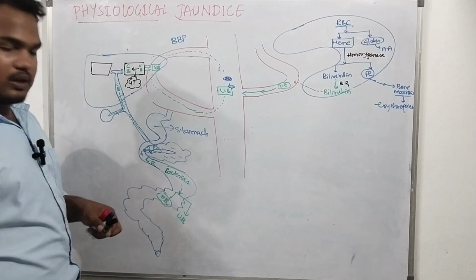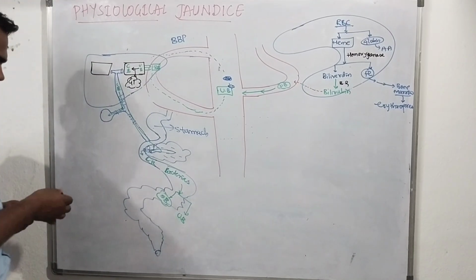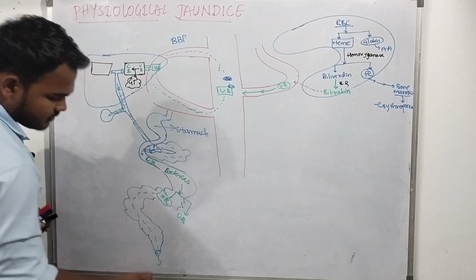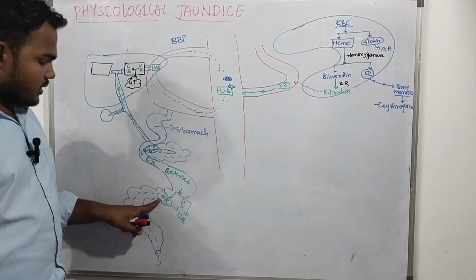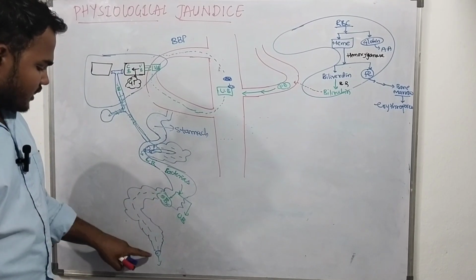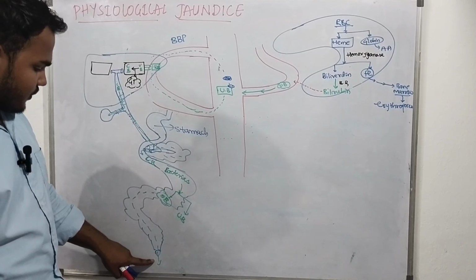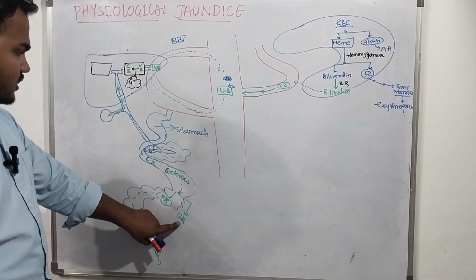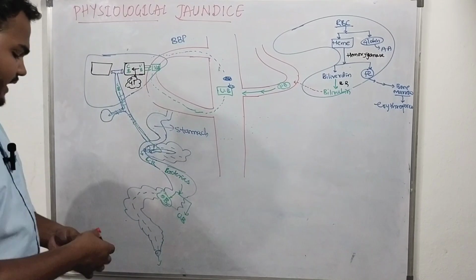Okay, urobilinogen. Now another thing is this stercobilinogen comes here, and stercobilinogen is a brownish color that oxidizes with air, and that appears in the fecal matter. That fecal matter appears as a brown color. Now this urobilinogen is taken up by this